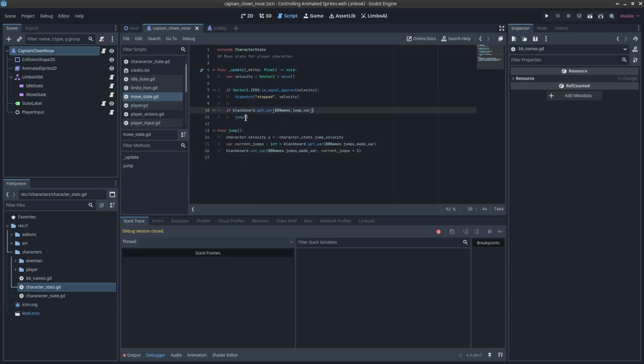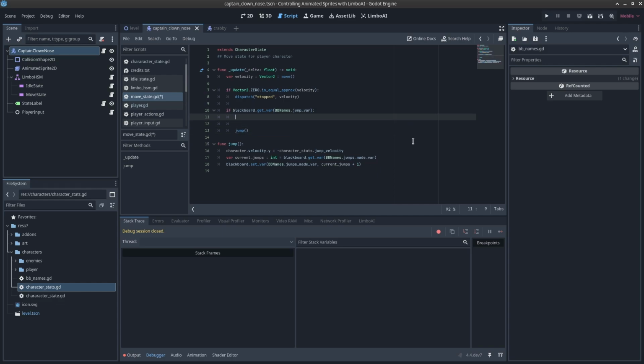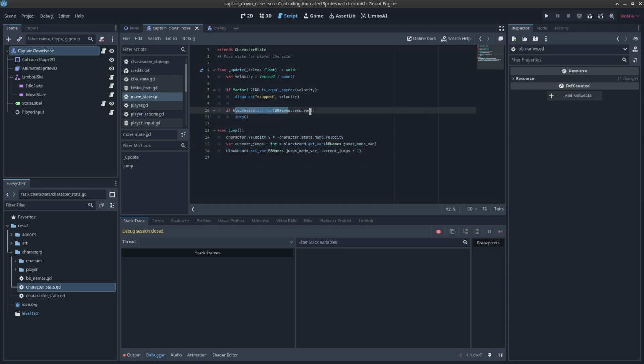So what we want to do is make sure that the jumps counter is actually 0. So let's put in here, if the character is currently trying to jump, then we'll do the extra check. If the character is trying to jump, let's check if the character has 0 jumps currently made. So let's try up here, making sure that the character is on the ground. So if character is on floor, just a convenient method of CharacterBody2D, we can do that, and that's probably enough, but if we need to go extra, we could also add in